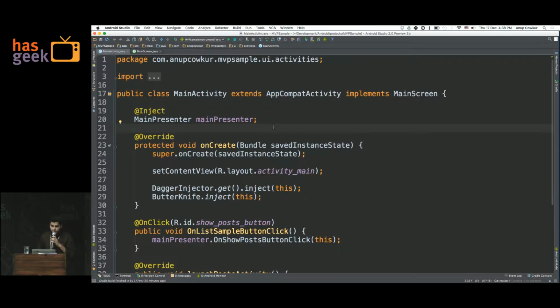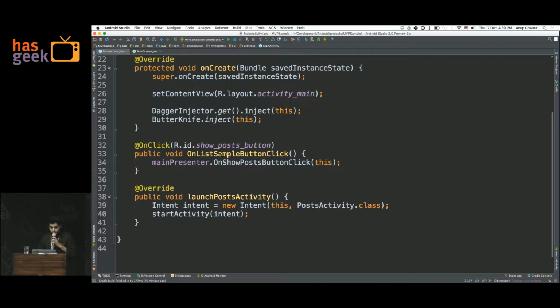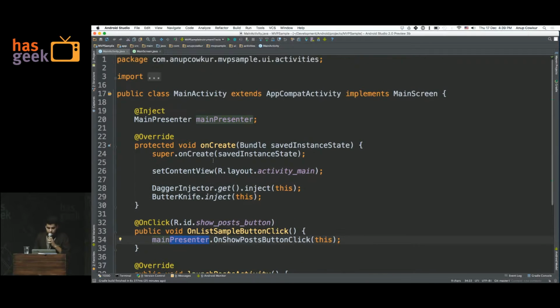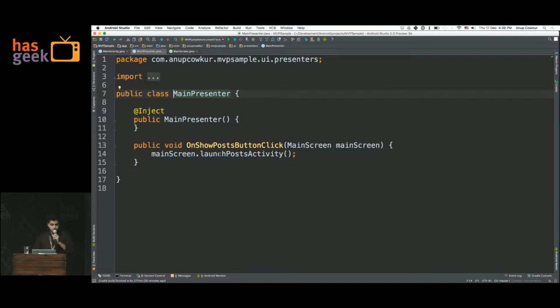So basically, what happened so far is somebody clicks the button, the user clicks the button, the click listener is called, and then the click is delegated to the show post button click method in the presenter. Now we can look at what the presenter is doing with this click. So this is just the presenter constructor, and this is the button.